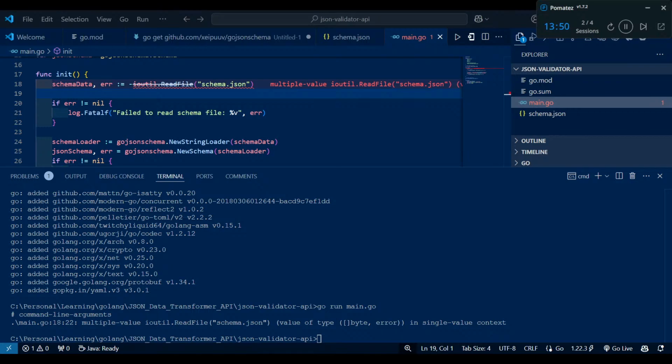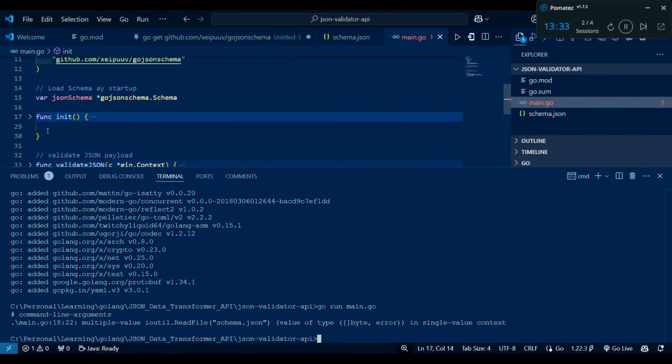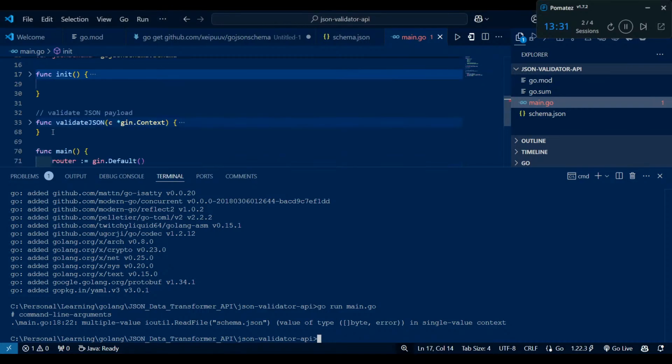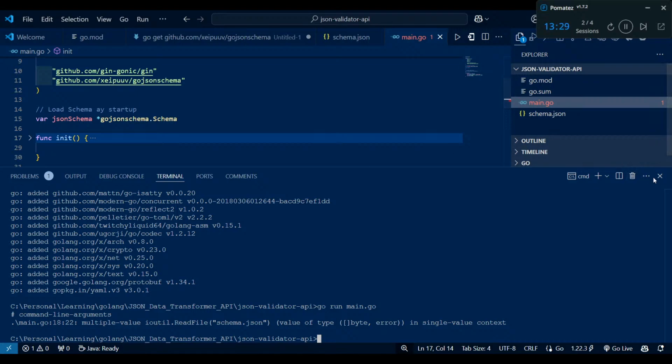So I think maybe schema data error and I think